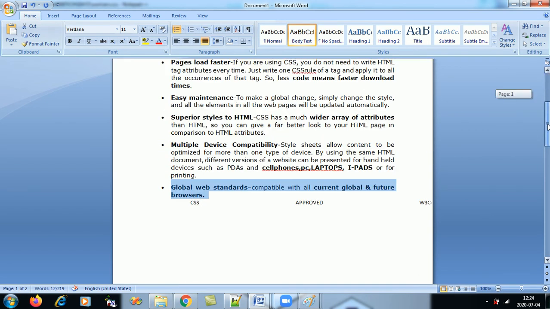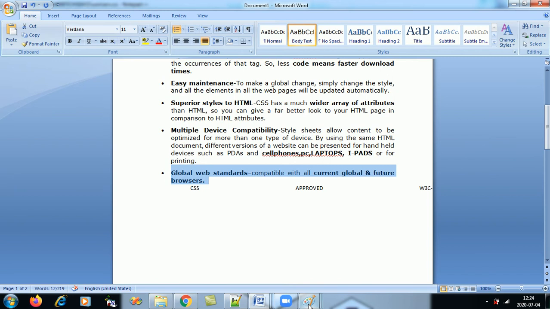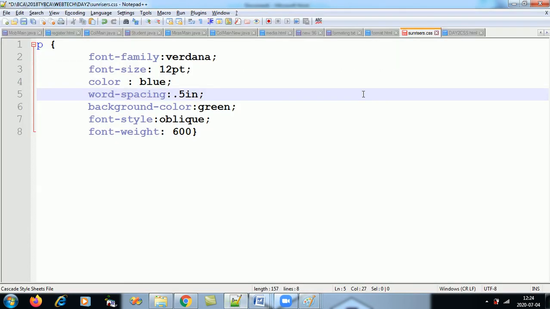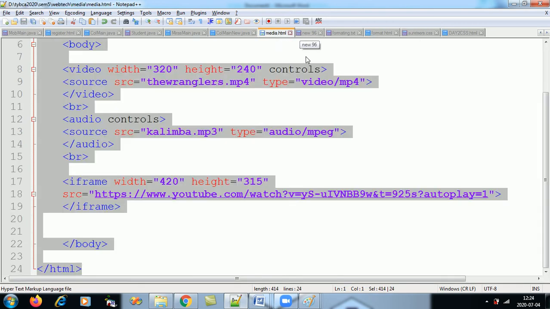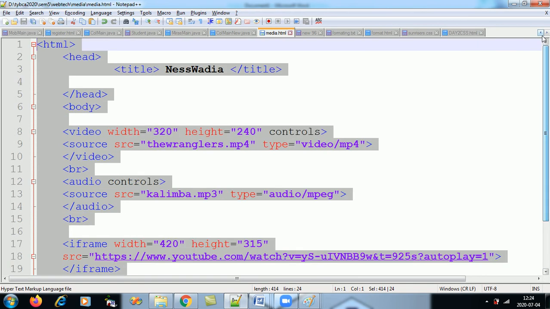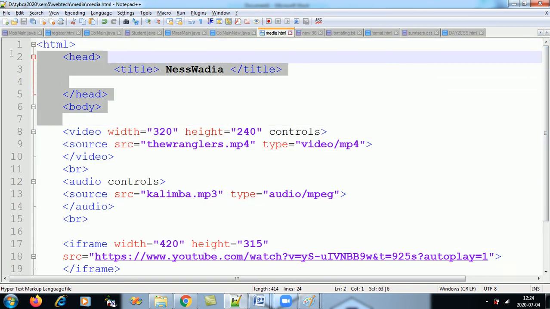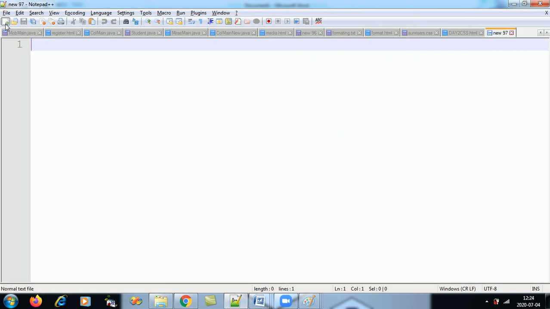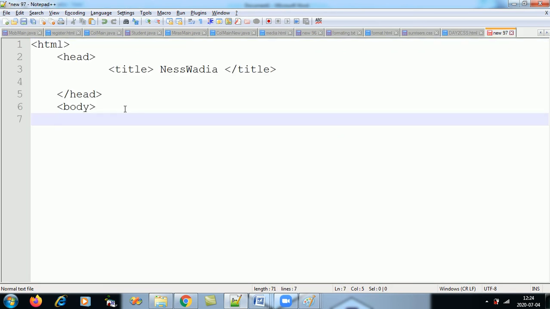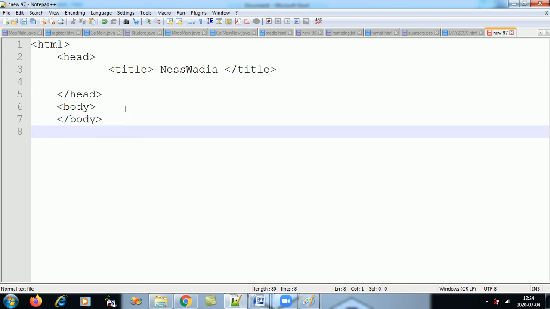Now let's take a small example of CSS. Let's start with inline CSS first. I just need the structure of the website. So I start with the body and HTML.